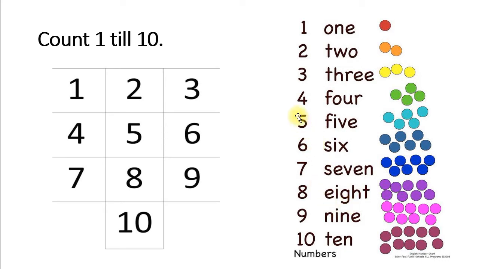Now let's begin. Here is number 1, and this is 1 circle. If we add one more circle into it, then these become 2. If we add one more circle to these 2 circles, they become 3. If we add one more circle, then they become 4. In the same way, if we keep on adding new objects, the numbers keep increasing. Adding of more numbers means addition.